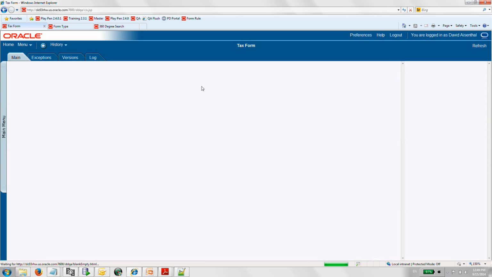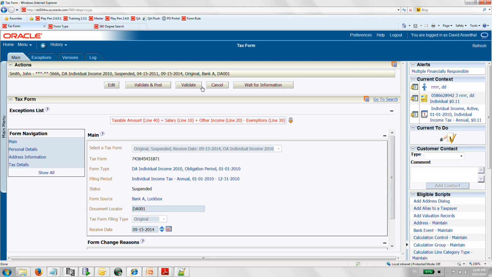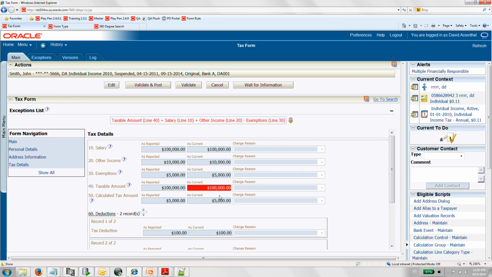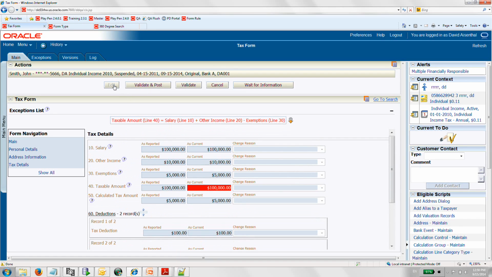So let's see what happens when I validate this form. And it comes up with an error, and it's an error that we expected, and the status has moved to suspended over here. We have an error. This error is going to be found, if I click on here, I should be able to go to my tax details part, and you'll see that over here, this is the problem, that it's not 100,000, and we're going to change that now to something else. So I'm going to edit that,